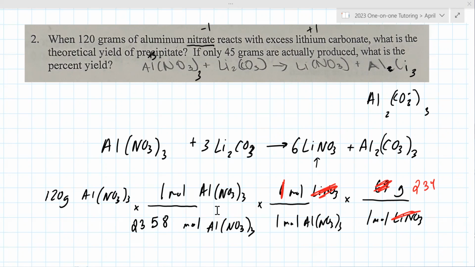Is it possible this is wrong? AlNO33. Yeah, let me look. So Al is 27, oxygen is 16, and yeah, this is way off. I don't know what happened there. So let me change that in the calculations here. Rough start to the day. 57, I think. 213, 134, or